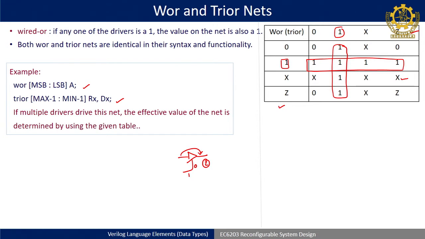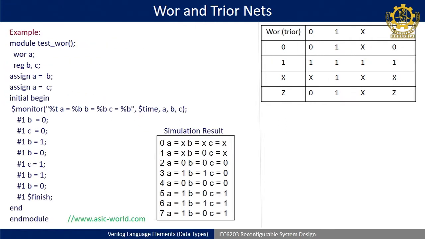Okay. So, in special cases wherever you are using this, you require this table. If you are not using wor, then wire is sufficient, then it is okay. Okay. So, now I think I have taken one example. This is from asicworld.com. So, here they have written a test bench where they have assigned certain values of 0 and 1 to demonstrate how the wor works. Okay. So, the same table I have kept on the right side for reference.